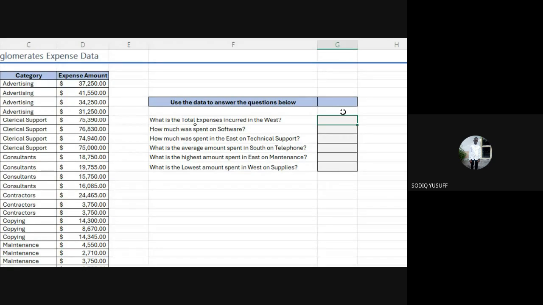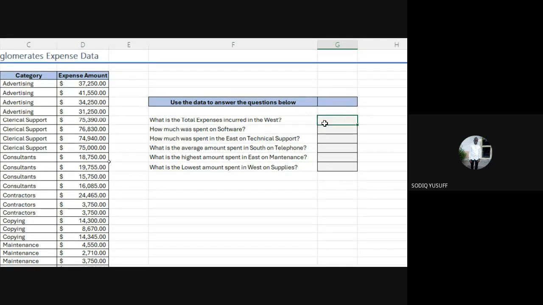So, as an analyst, this is one skill that you must have. Aside from using Excel, Power BI, SQL, Python, Tableau, regardless of any tool that you use, the most important tool that you need to have in your bag is critical thinking. How you can think critically when you have a challenge. You break it down in your head already, then you can start mending it one after the other. That's when your knowledge of function can come in. But if you are not able to break down the problem in your head and solve it, you will not be able to even look at which tool will solve the problem for me.